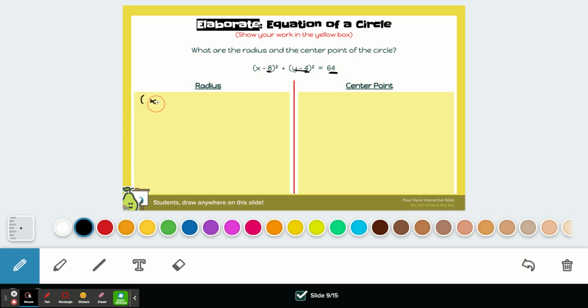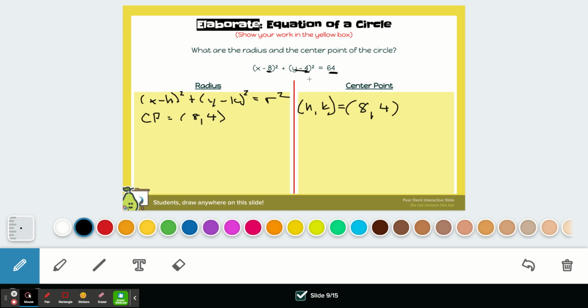So again, until we understand the formula fully, we want to be able to write this down as many times as we can so that we can commit it to memory, right? So in order to find the radius, I need the center point, right? My center point for this will end up being 8, comma 4, right? 8 is my h, 4 is my k, right? So that means since my center point is 8, comma 4,